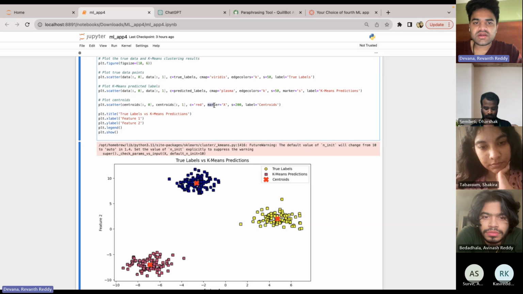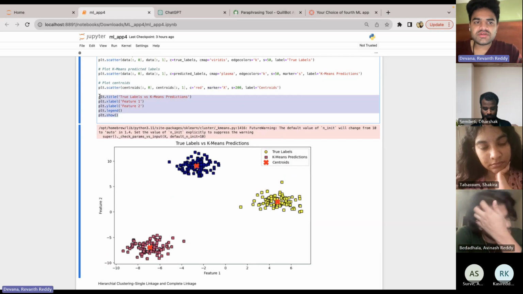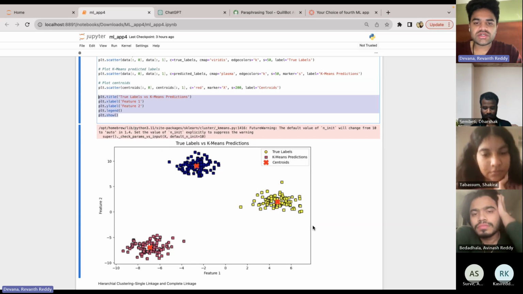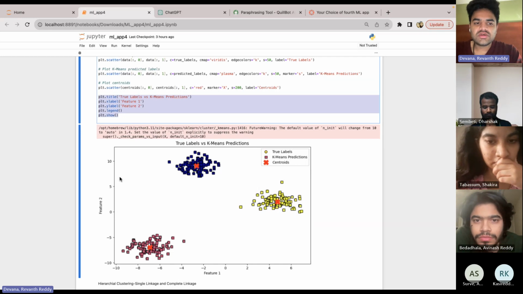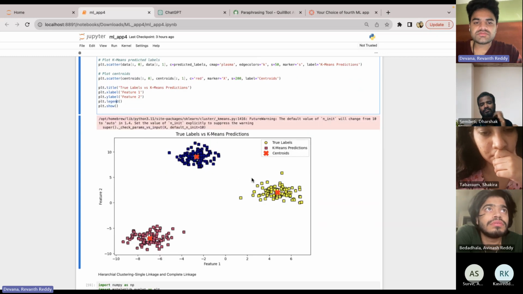We have placed a marker called x here. As you can see, we have placed centroids everywhere, x, x, x, and s equals 200, label equals centroids. So here with plt, we are plotting everything to show the differences in the graph. Feature 1 and feature 2, you can see the difference. This shows the representation of feature 1, feature 2, and the colors and everything. True labels versus